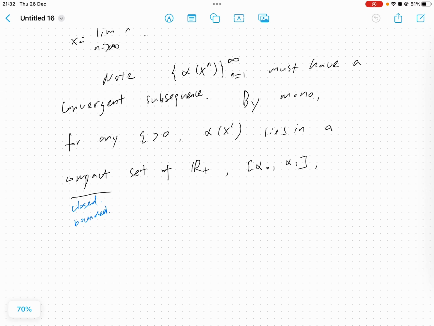Okay, so a compact set is often seen in a lot of statements, right? As we see in microeconomics. Okay, and that continues. So for